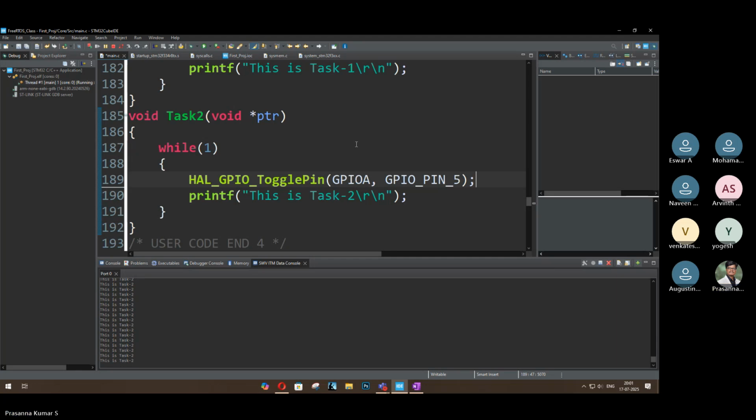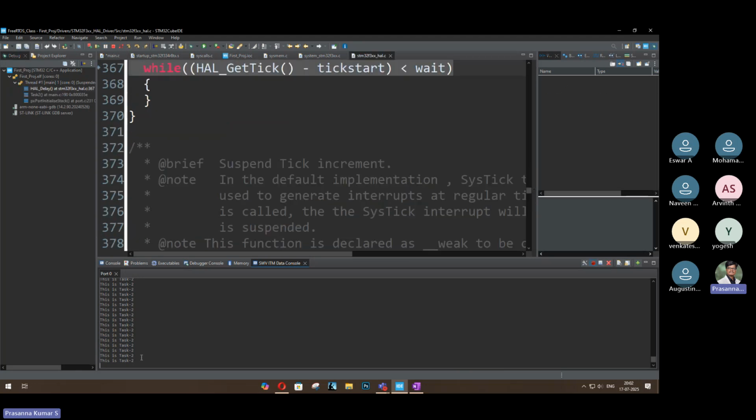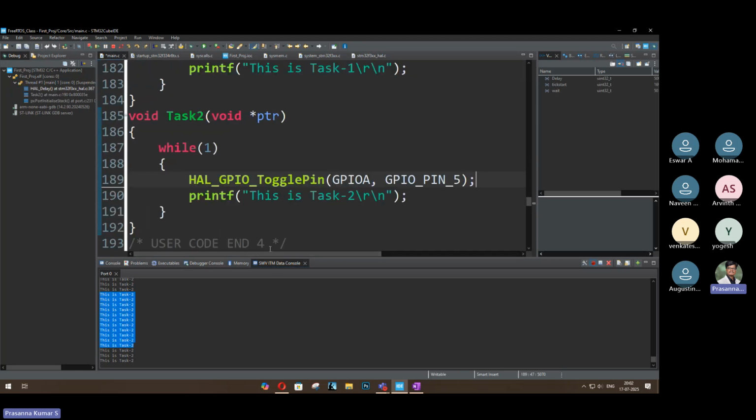Okay, then what should I do? That is the question. You can see the output. It is printing task number 2. It is constantly printing task number 2 because task number 2 has a high priority. Correct? Now I want to use the delay function